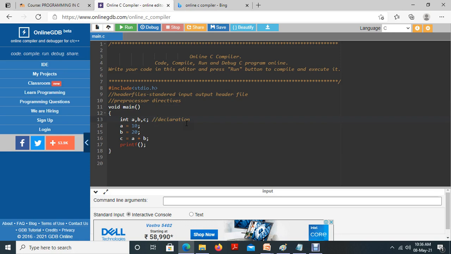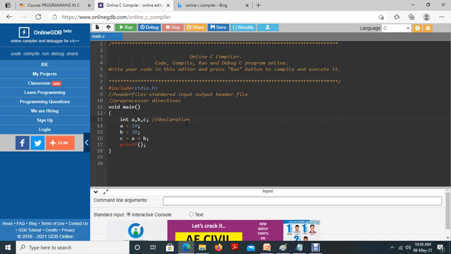The compiler will not execute these statements, because the compiler understands the syntax, like a grammar. The compiler understands that I don't want to execute this statement, I don't want to bother about this statement, because all these comment statements are used for the programmer's understanding, not for the compiler's understanding. So all the comment statements start with a double slash. Okay. Now